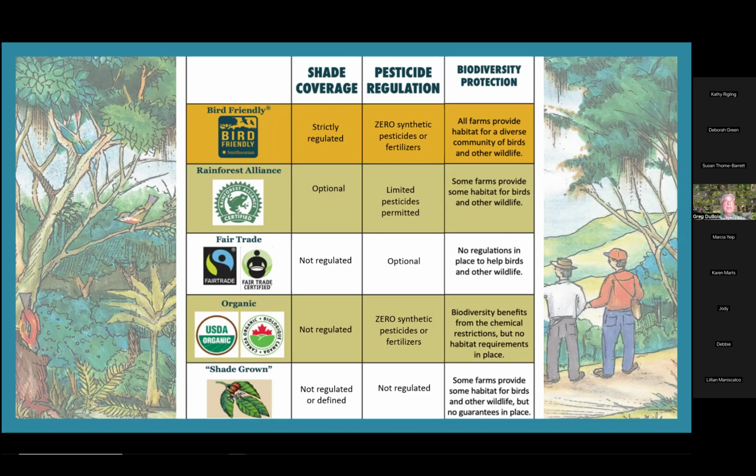You see that on a number of different products. In the left-hand column, we also see a fair trade logo, a USDA or Canada equivalent for organic certification, and then the infamous shade grown. You'll see shade grown on a lot of different coffees and other products as well, other commodities, fruits, vegetables, those types of things that we want to see grown under shade and under good habitat for the birds and